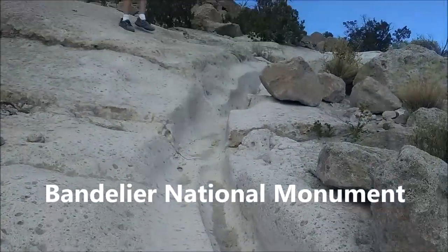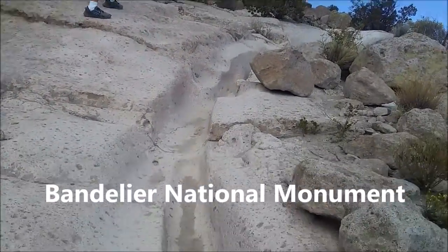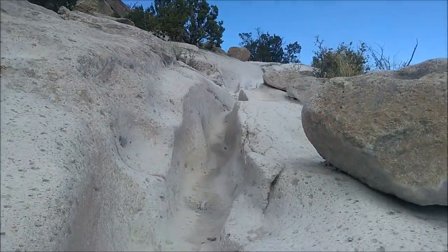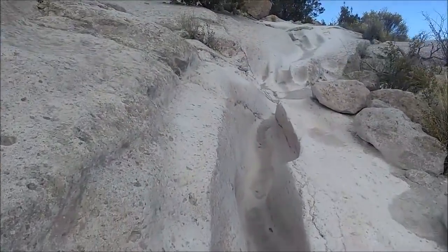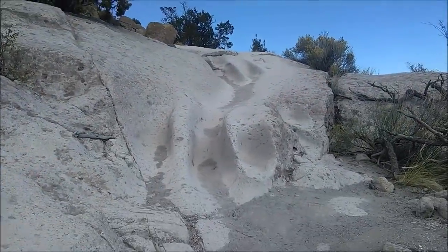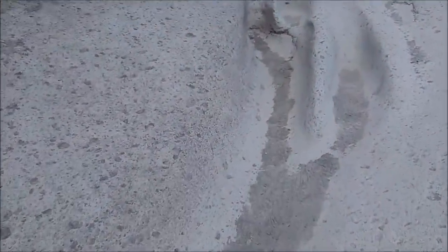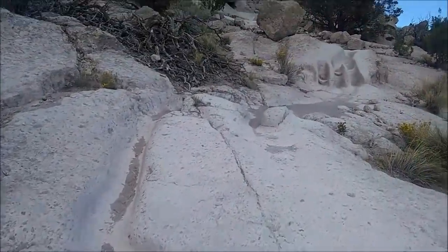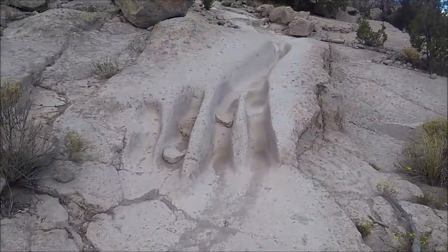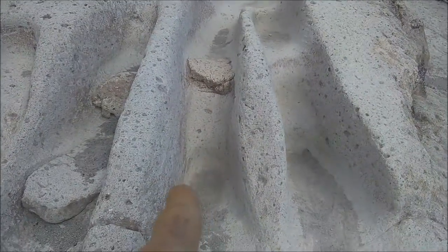Here we are at some of the Tsankawi grooves claimed to be made by human footprints. Now, I believe this is a combination of trails and water. The main groove is a water feature from a canal system that's emanating from way up here. And clearly here you can see it multiplying into multiple grooves, but there's a main central canal, which is taking water. Now how they had water way up top here is anyone's guess, but this is a water groove. The main central groove here,